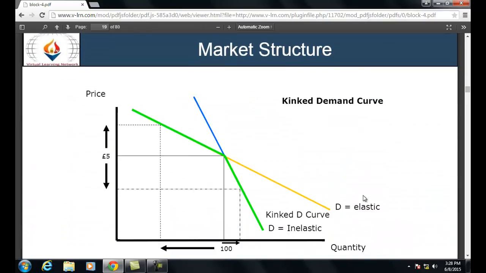And this is the kinked demand curve, in which the price is denoted on the y-axis and quantity on the x-axis. This is the demand, which is likely to go down, and after some period of time it is reduced by the actions of other sellers. When the demand curve is kinked,